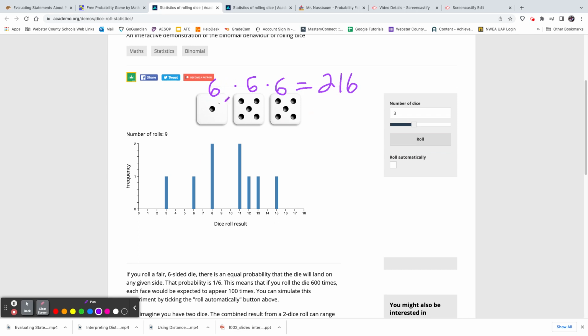Now, the largest sum you could get, 6 is the biggest number on all of these dice. So if you rolled a 6 and a 6 and another 6, that would have given you a sum of 18. You could have rolled a 1, a 5, and a 5, which would have given you a sum of 11, that they're recording right here. So let me clear this off a little bit. And rolling it again. So now 12, or 6, 6, and 3, that would have given you a sum of 15. So I'm going to let it roll automatically.